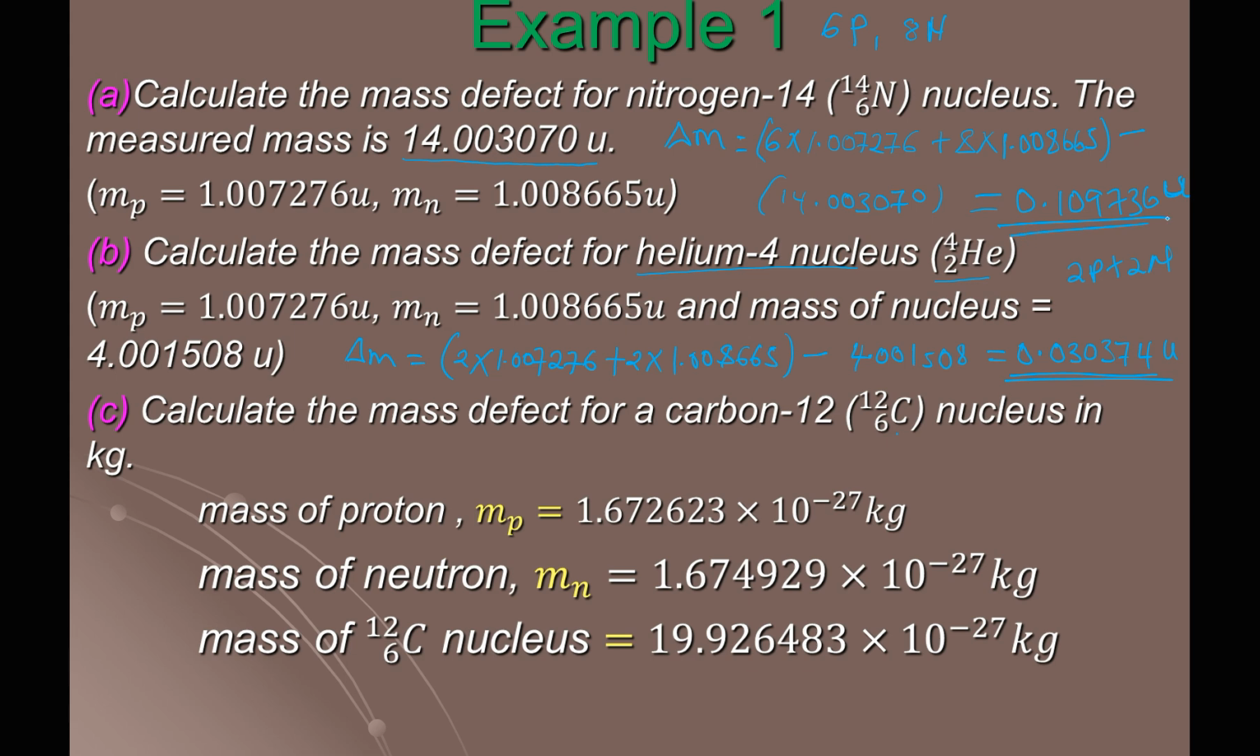Then calculate the mass defect for carbon-12 nucleus in kilograms. This time they want this in kilograms. Anyway, the masses have also been given in kilograms. So the mass defect is going to be the difference. Note that carbon-12 has 6 protons plus 6 neutrons. So I'll say 6 times the mass of a proton, which is this one here,